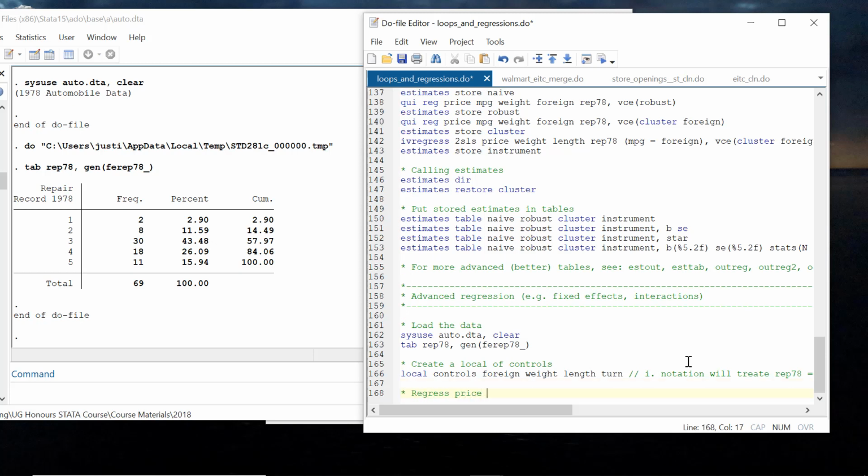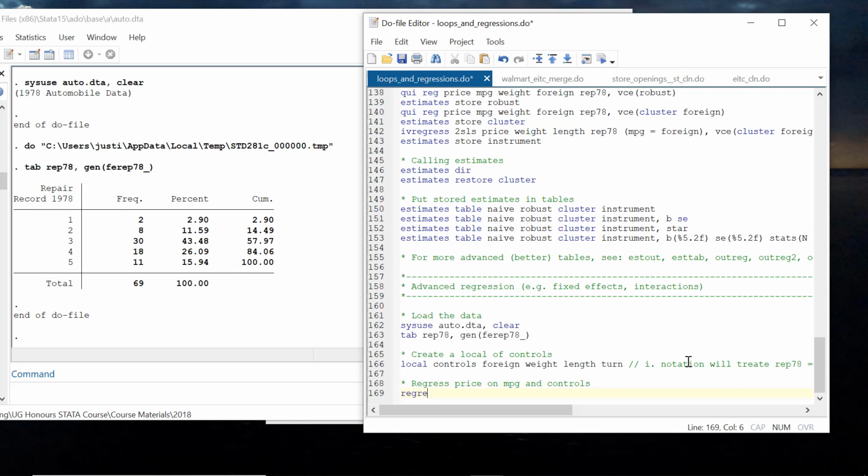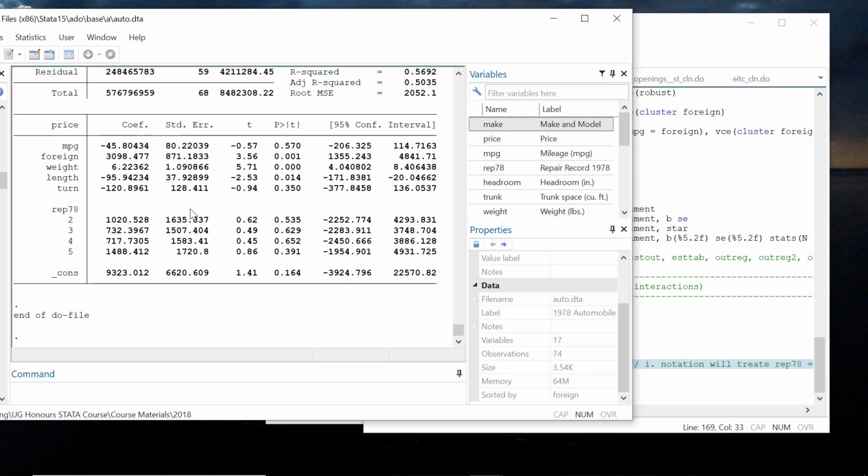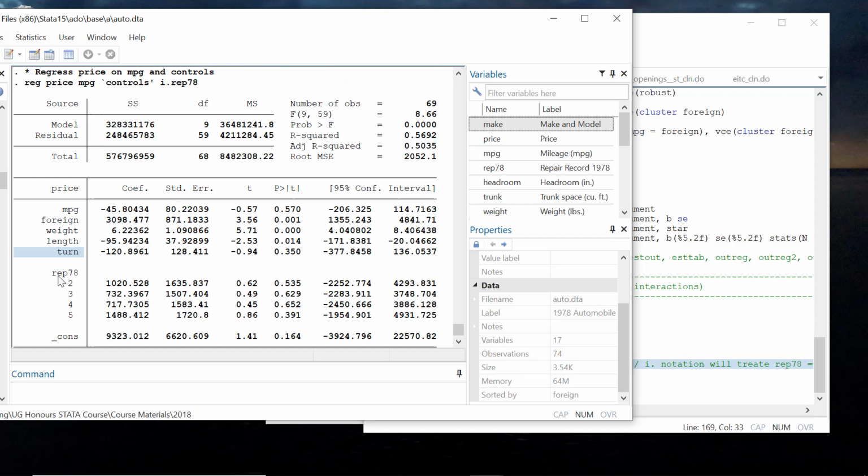Regress. So let's reg price on mpg controls and i.rep78. Of course, we have to run the local to call this. Notice how this is different from what we were doing earlier. Apart from throwing turn into there, it's also rather than